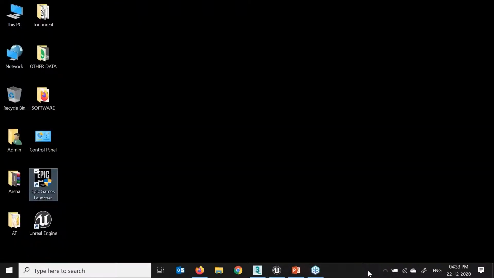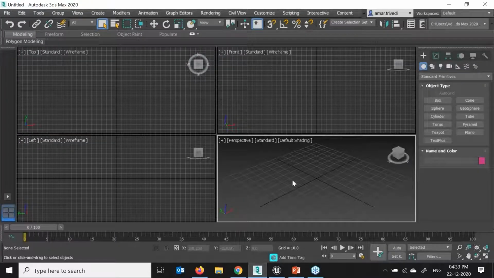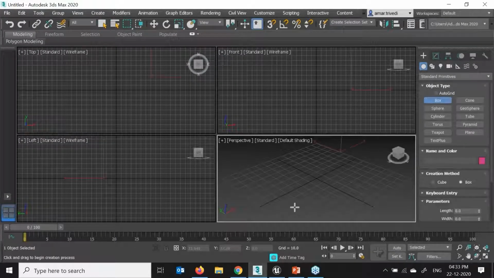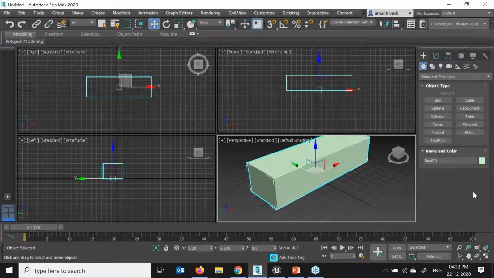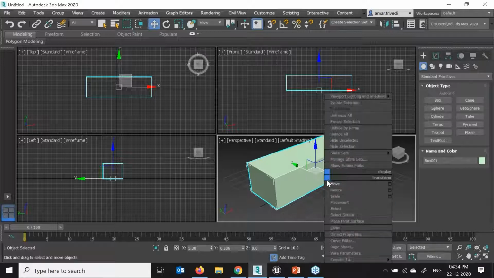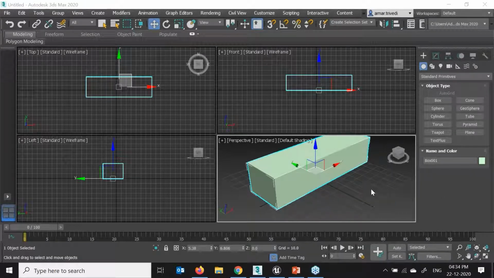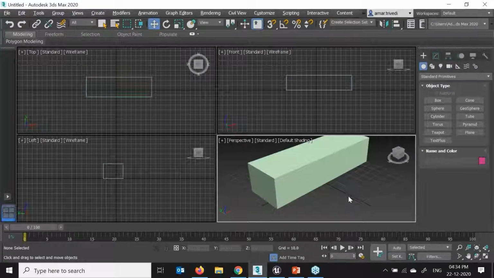I just simply show my desktop. It is opening up. Till that time, what I'll do, for an example, this is the one simple shape which I have created. Okay. I'm sorry, some messages are coming up.